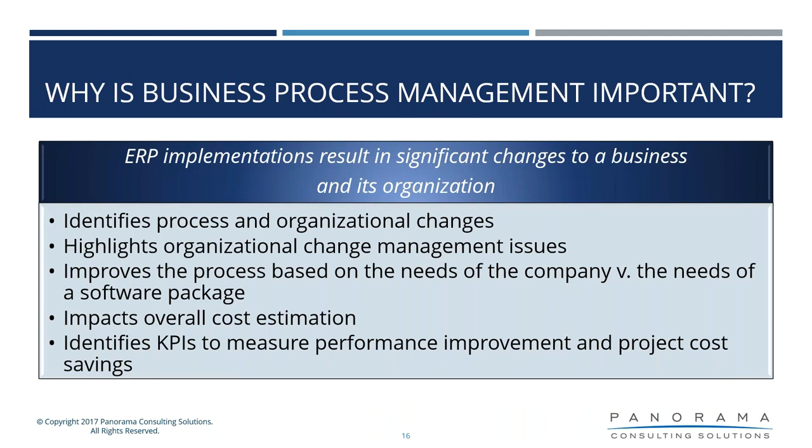So why is business process management important? Well, we have a couple slides here that outline a couple thoughts on this. ERP implementations really, at the end of the day, are going to be significant changes to your business and its organization. And with that, you just can't throw the technology in. You want to first think about what are the processes and potential organizational changes before you implement a system. So you're being really proactive in a business design when you think about your desired state in advance of your